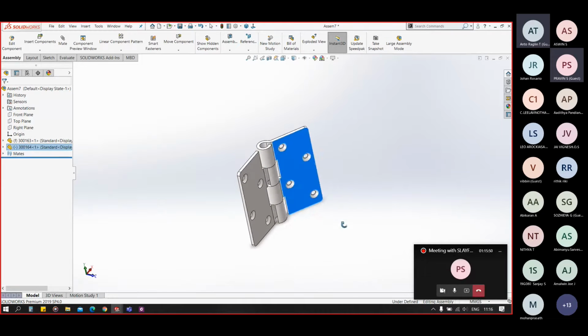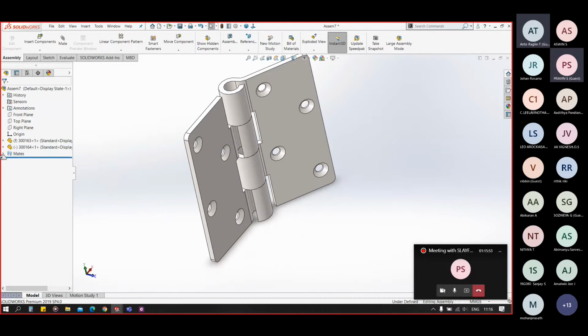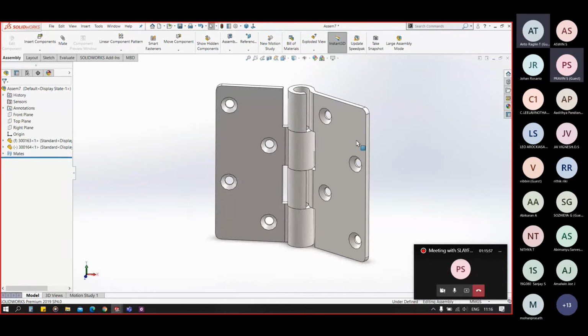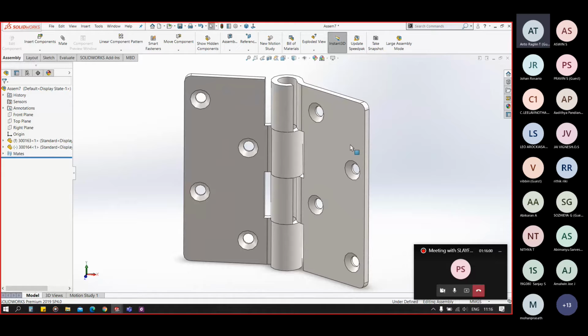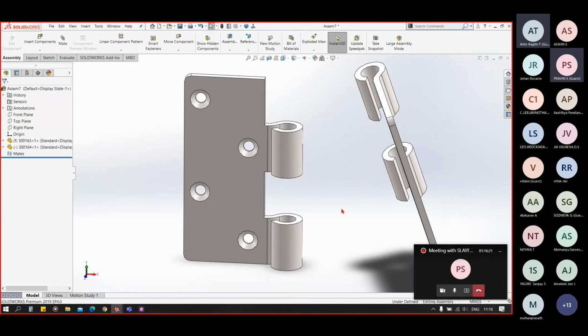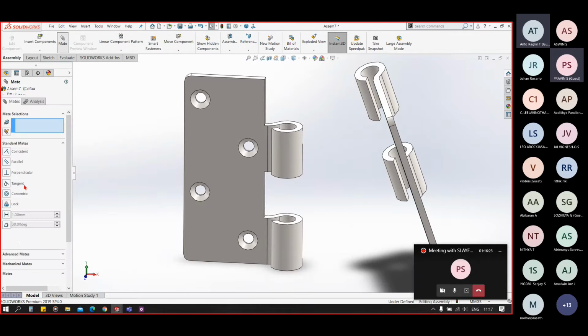So I'll repeat again. Basically, the mechanical hinge mate is a combination of concentric mate and coincident mate. We can also create this type of situation using two simple mates, which are coincident and concentric. But to get some advanced mates, we go towards our hinge mate. So go to mate.